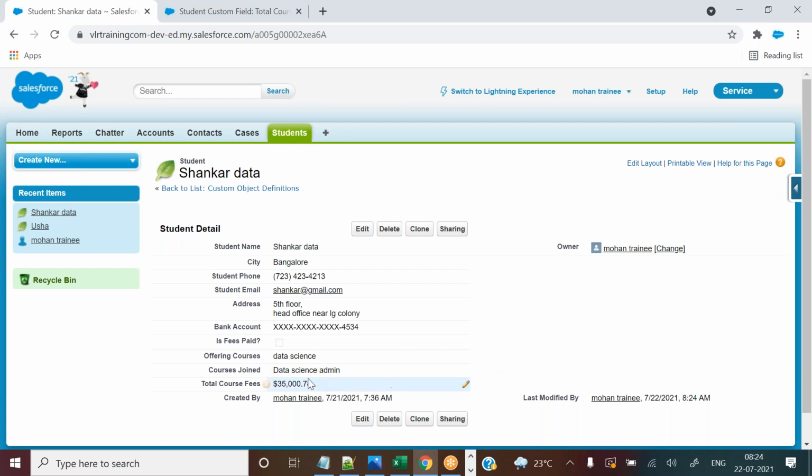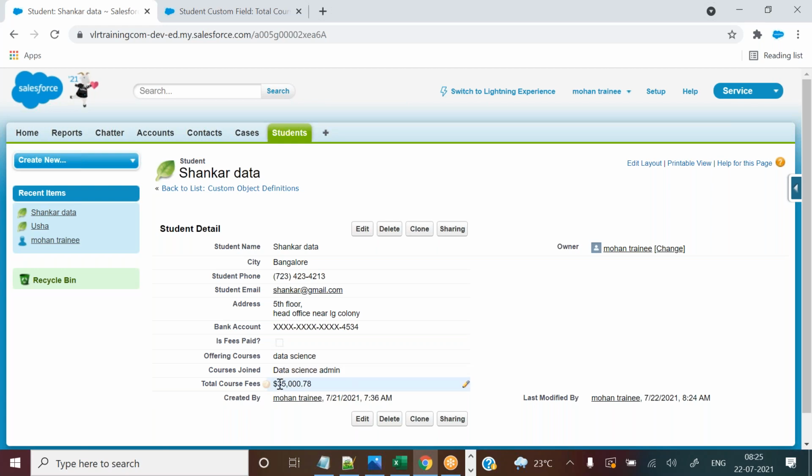One more question you might have: sir, why is the dollar symbol displaying? Can't I change it to Indian rupees? Of course, yes, you can change it to Indian rupees. This is the user, created by me. I will explain in the next class, at the end of the fields section, who is the user and all these topics. And this dollar also, yes, we can change it. That is the next topic.